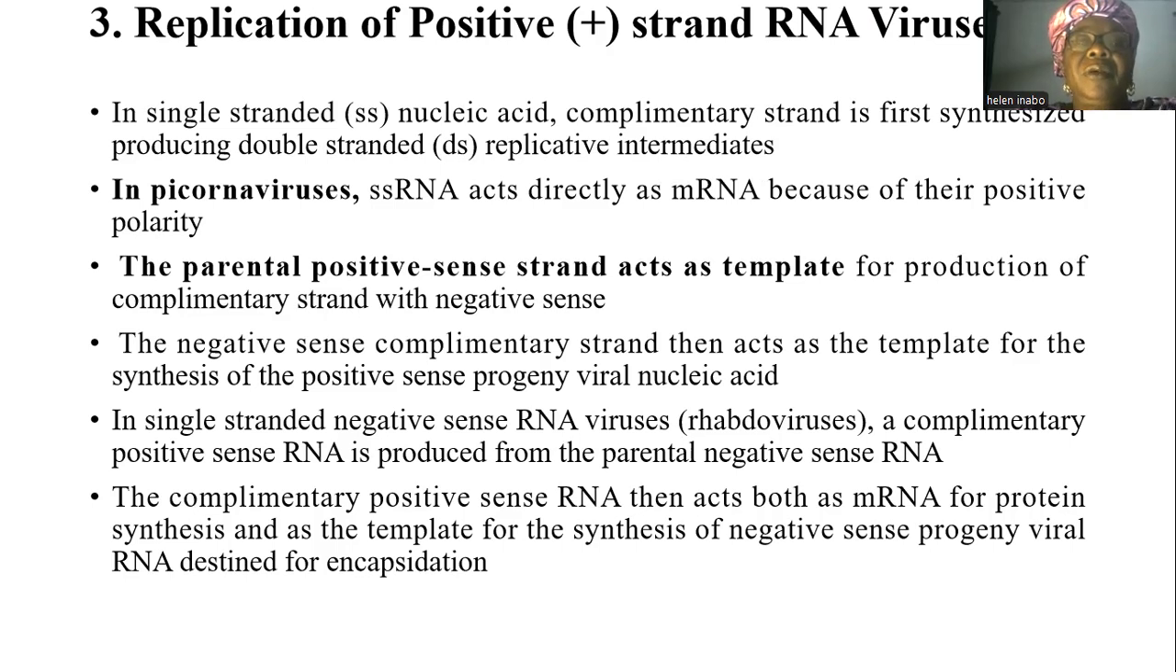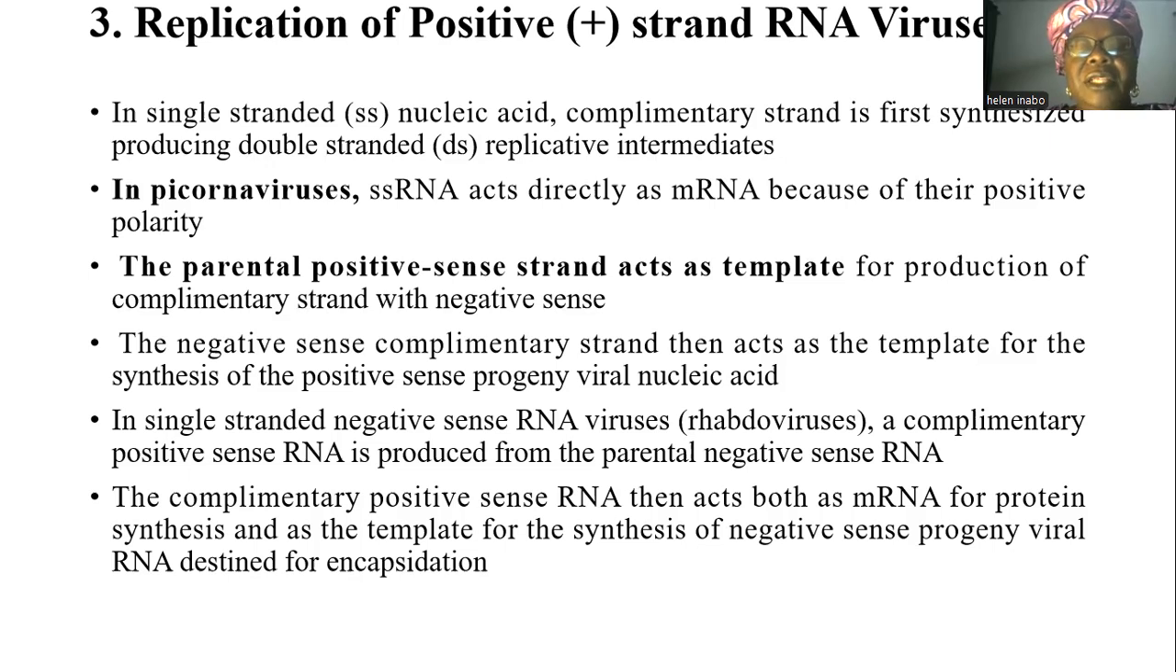The third step of the replicative cycle of RNA viruses is the replication of the positive strand. Here, the positive strand RNA viruses will have single-stranded nucleic acid, and a complementary strand is first of all synthesized, producing double-stranded replicative intermediates. In picornaviruses, the single-stranded RNA acts directly as messenger RNA because of their polarity. The parental positive sense strand acts as template for production of complementary strand with negative sense. The negative sense complementary strand then acts as the template for the synthesis of the positive sense progeny viral nucleic